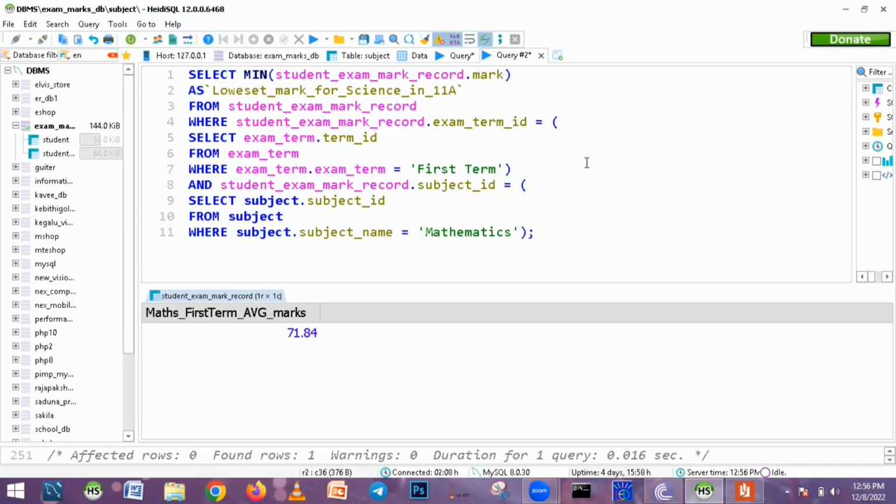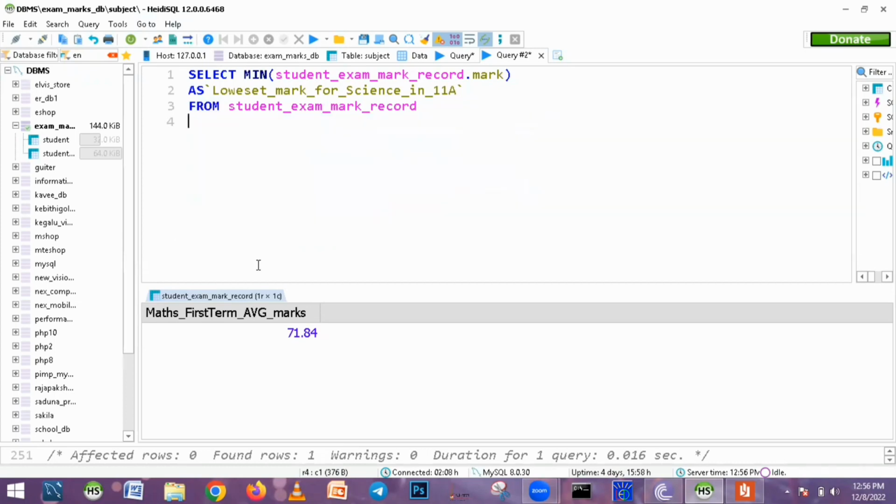student. Now I need to join these things with inner join. All right. Inner join. So we are coming to inner join. So let's do this. We want to connect the student table with the student exam mark record table, and the class table